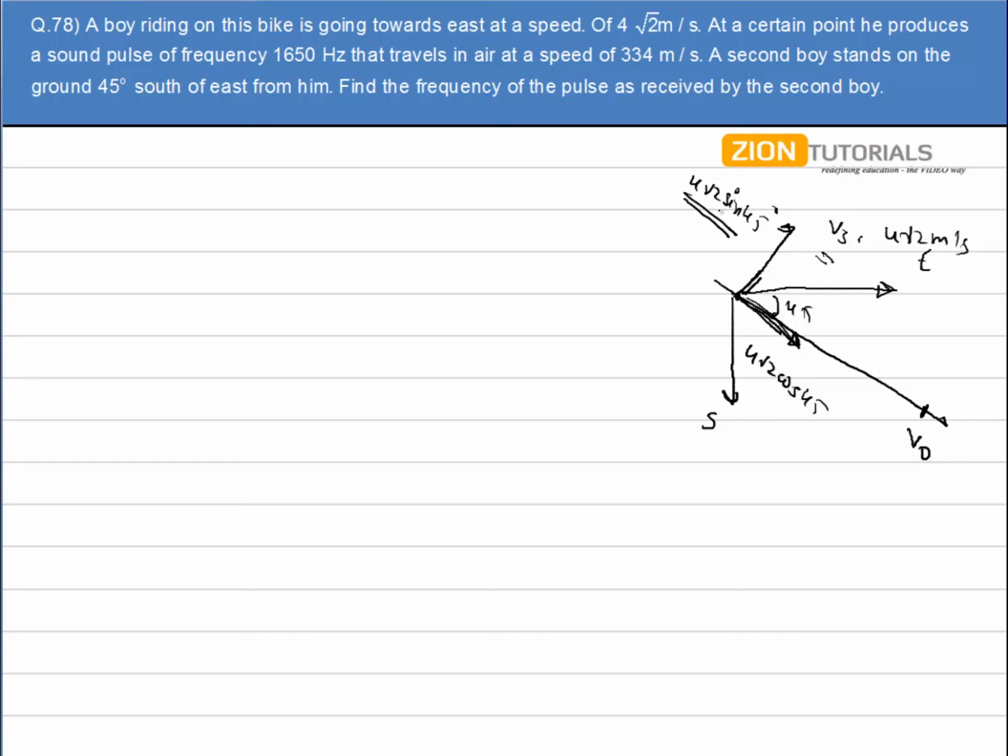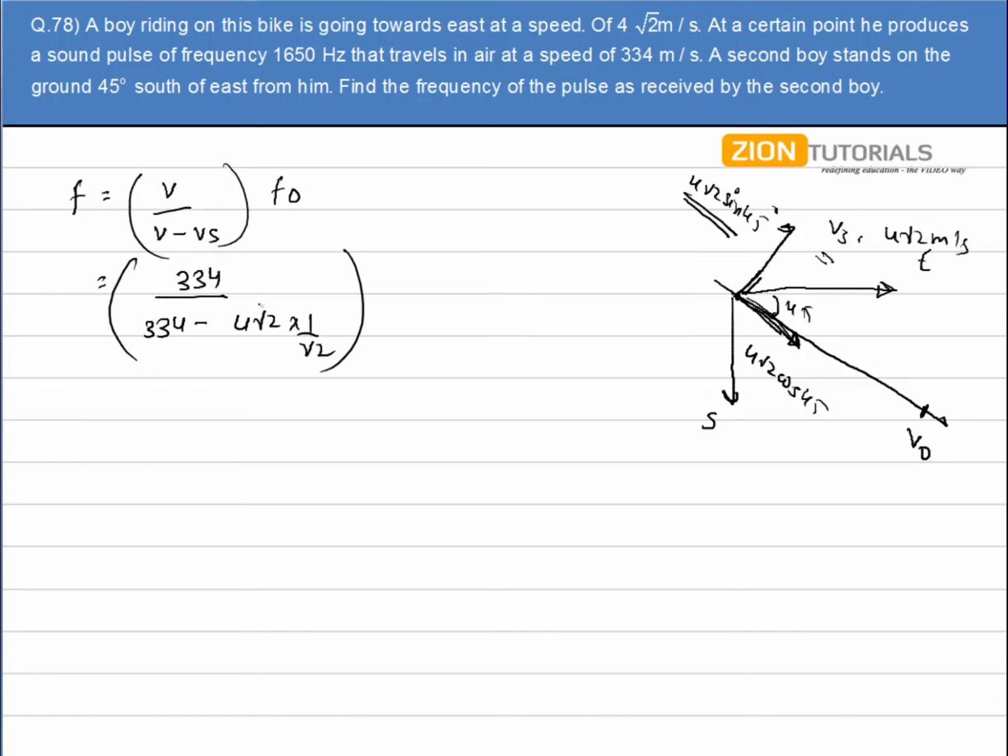So the frequency heard due to that one will be the same, but there will be a frequency change due to the 4√2 cos 45 because it is in the direction of the observer. In such a case, this is my source approaching the observer directly, so the frequency heard by the observer will be given by V divided by V minus Vs into f0, where the velocity of the source is 4√2 cos 45. So it will be 334 divided by 334 minus 4√2 cos 45, that is 1/√2, into f0,